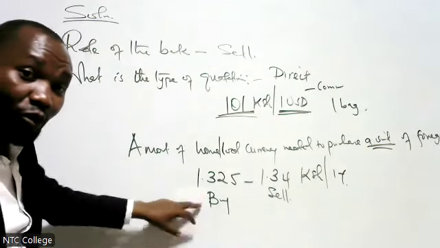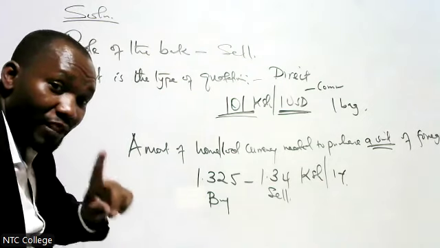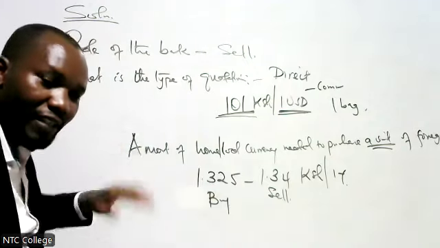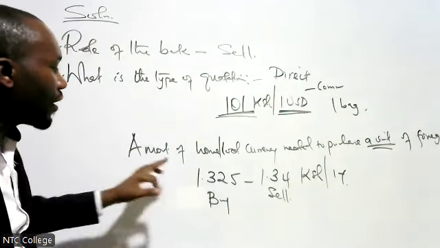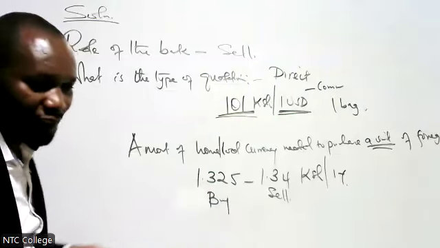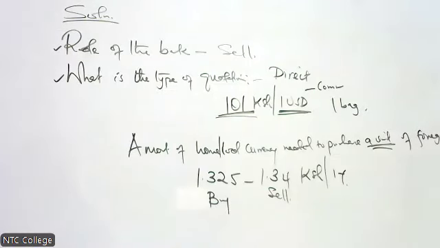In some cases, you'll only be given one rate, which is the main rate. Whether it is sell or buy, just use it. But when you're given a range, you need to know which one is the selling and which one is the buying. So for that matter, which rate are we using here? In this question? 1.34, because the bank is going to sell